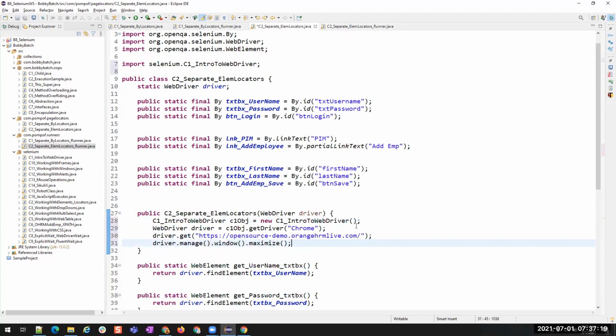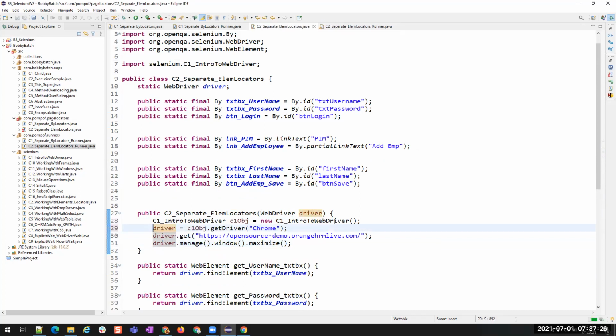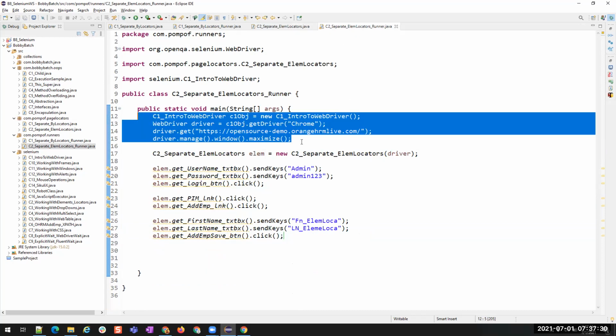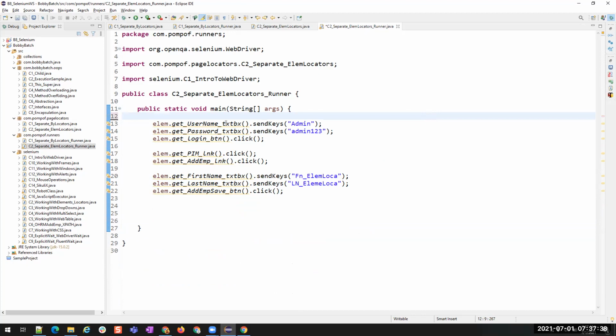I don't want to have this. So on the runner, it is not needed for me to use this, and I don't have to create an object here.